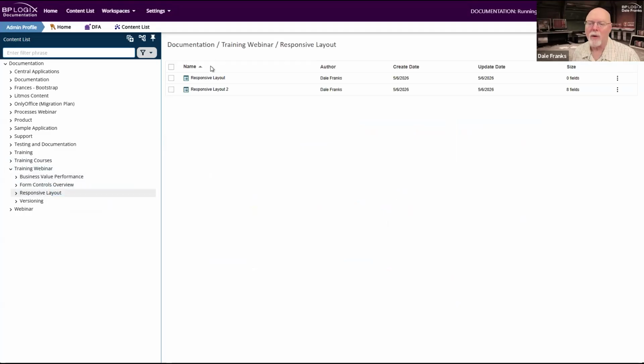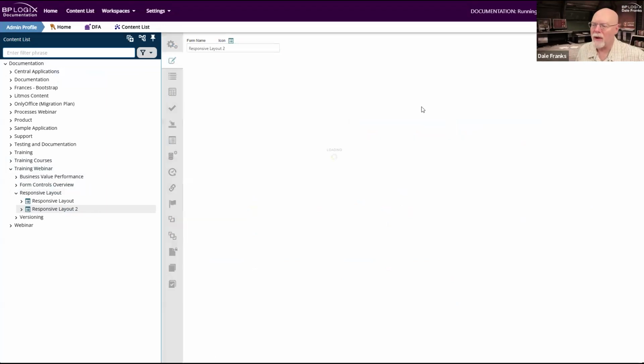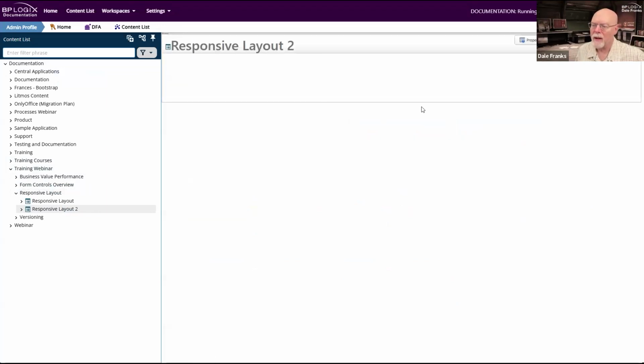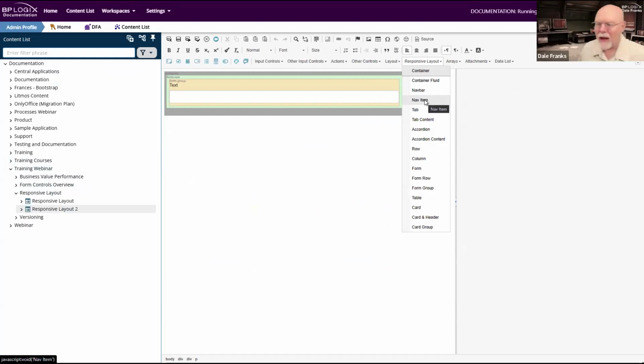And so if we go to our responsive layout 2 form here, and we look at the responsive layout controls, you'll see that there is a nav bar and a nav item control. I'm not going to talk about them today.